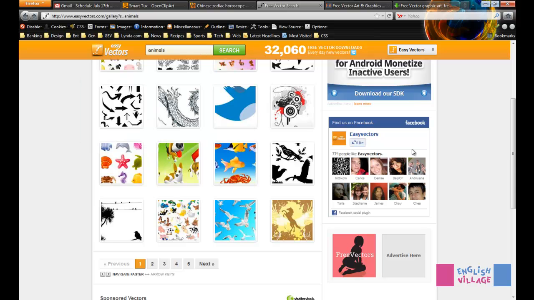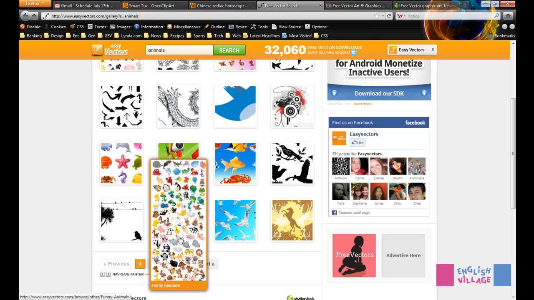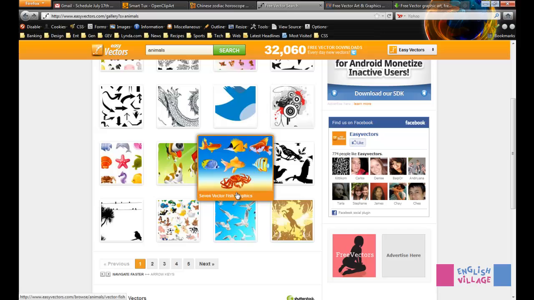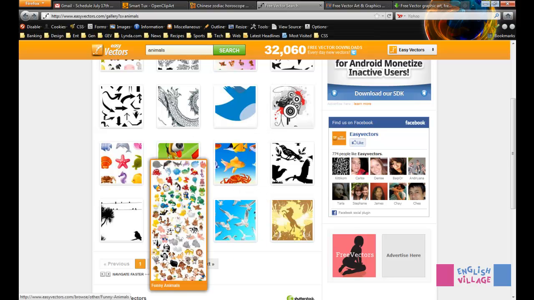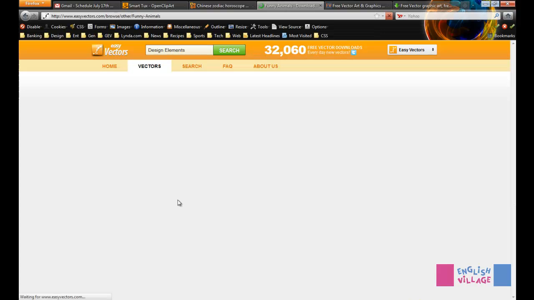And what's brilliant about this library, and a lot of the other libraries that you'll find, is that they often give you sets, and sets are extremely useful. For example, this funny animal set. If I was to download this and open it in Inkscape, I could extract each one of these or any of these and then scale them and do anything that I wanted with it. So that's extremely useful by downloading just one file. For example, if I click this funny animals file,